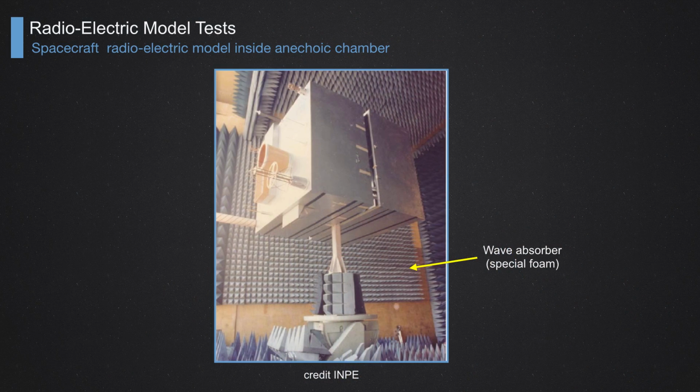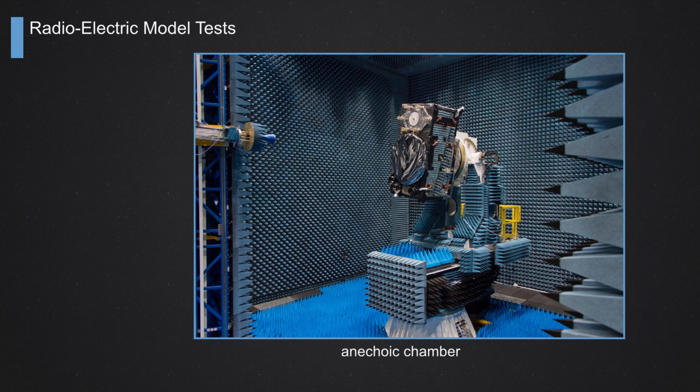So that's the main idea of doing this kind of testing inside the anechoic chamber, to verify how the antennas and compartments are shielded among themselves, and if they work properly in the real situation of the spacecraft, not only designed on paper or on a computer. Okay? So the anechoic chamber will have wave absorbers on the walls, and will be a shielded chamber as well, with walls to avoid any interference from outside, and the wave absorbers to avoid multi-reflection that could disturb the analysis of the radioelectrical model tests.